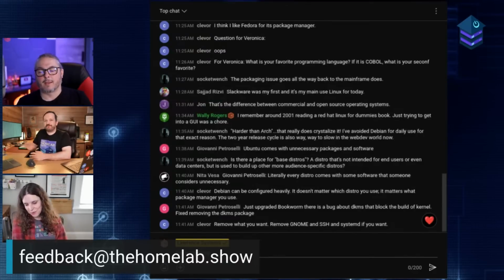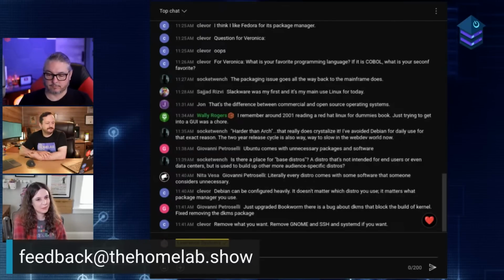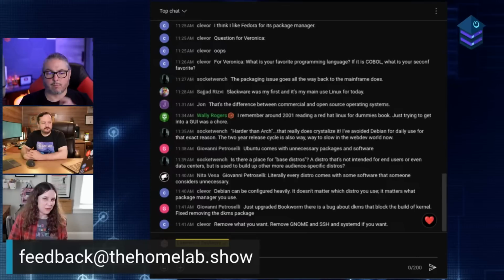I will say with Debian, I'm working on some testing before I upgrade some of my Debian 11 environments to Debian 12. One of the reasons I was always hesitant with Debian in web servers, like PHP specifically, is that it was at the time challenging to convince a company to install the non-official repo for the most recent PHP.